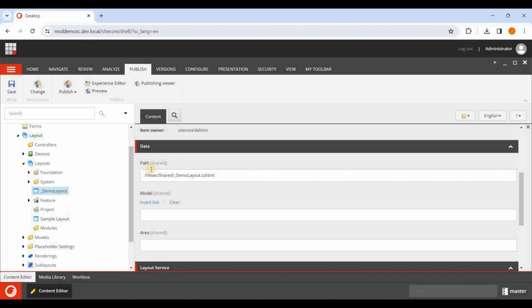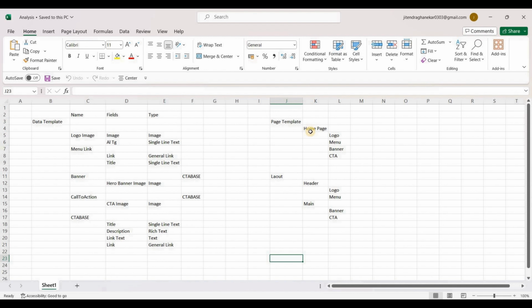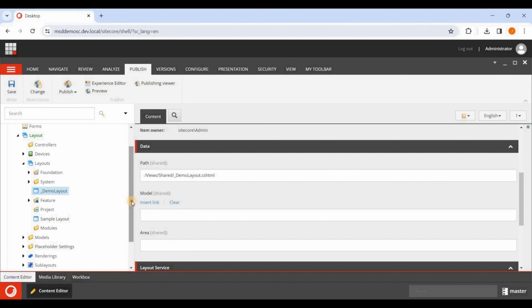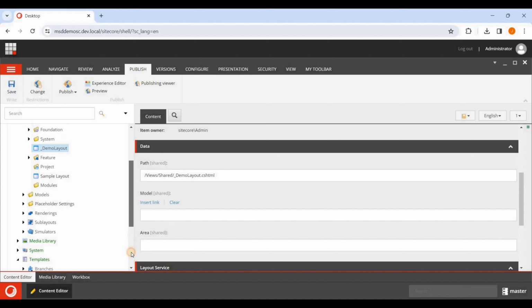To test it, first of all we will create a page layout. So what was our page layout? We are supposed to create a home page. You see, we have to create a home page, and then we have to add all the controls, renderings, components, that we will do later. First we will just create the page layout. So for creating a page layout, I'm going